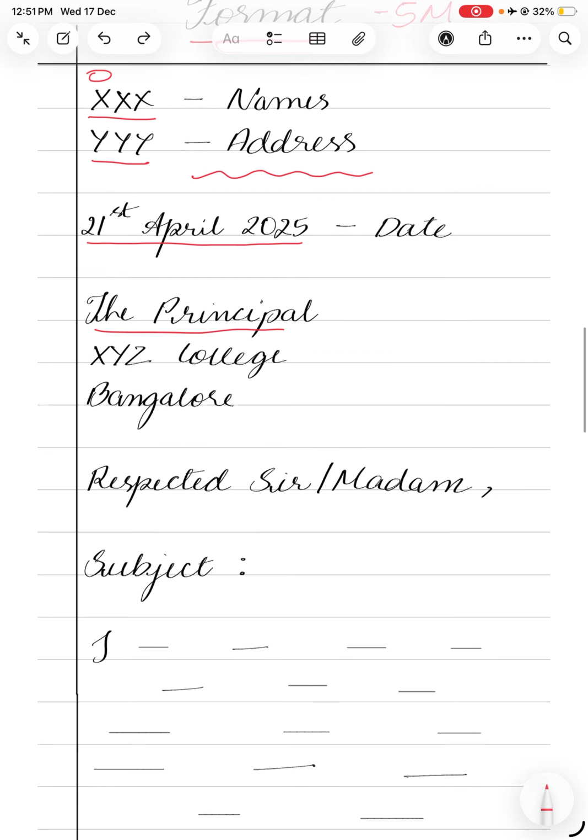Now take a look at the subject here. Here you are supposed to frame a sentence for yourself in a very short manner. So what I've done: invitation for ADIEU farewell program December 2025. I've written subject as it is, I've used a colon, I've written subject right after the margin, and when I start off invitation for Adieu, I've started right under the colon.